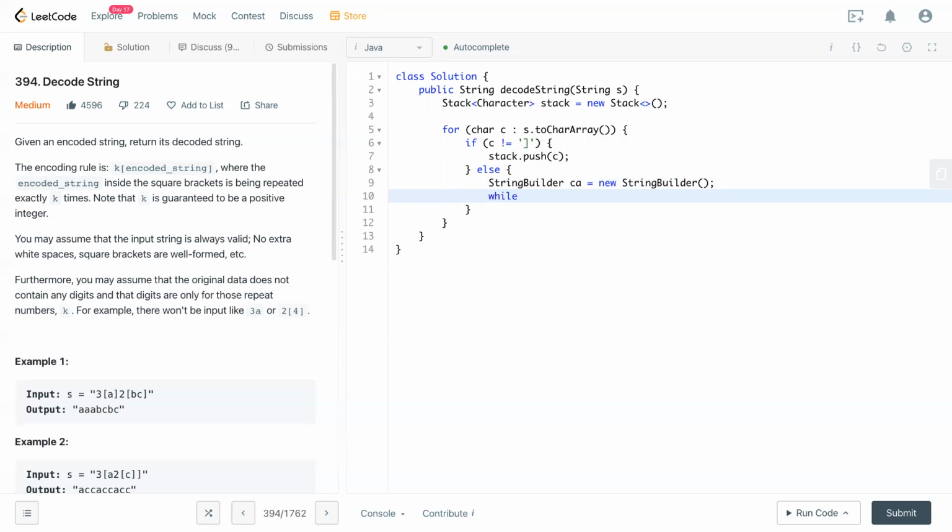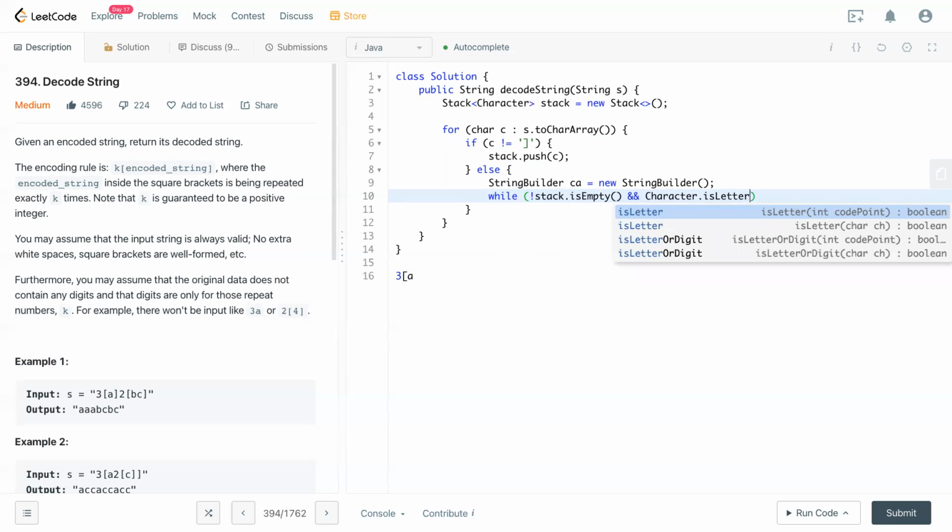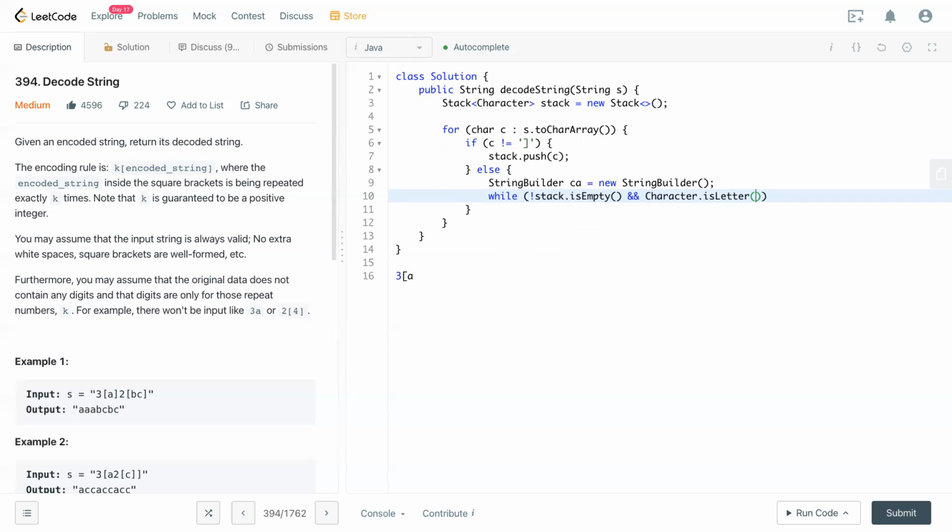So we will see the stack. Currently the stack will look like this: 3, open bracket, A. We need to loop while the stack is not empty, and if the character is a letter, we look at stack.peek, which is here. If the peek is a letter, then